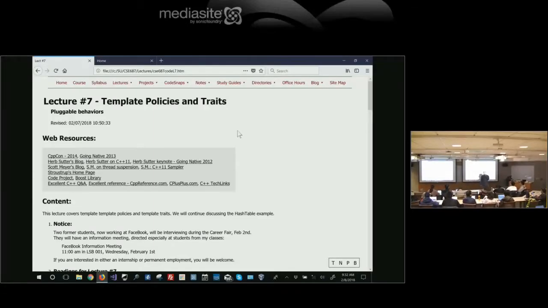Talk about class hierarchies. We're not. We're going to talk about templates. So we're going to fall a little bit behind. Every semester, there will be times when we fall a little bit behind, times when we get a little bit ahead. You know, we'll get to the material that we've outlined in the syllabus, but